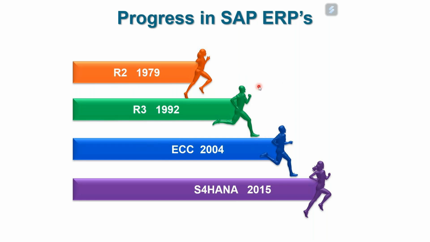Okay, and then ECC, it came in 2004. Now SAP has set a deadline saying from 2027 onwards you'll have to move to S4 HANA or we'll stop supporting you. So 90% of the organizations, or 95 or 99, will move to S4 HANA. The rest will either have in-house consultants supporting them, or they'll go to companies like Rimini Street who support them from Hyderabad in India. Okay, so that is ECC.